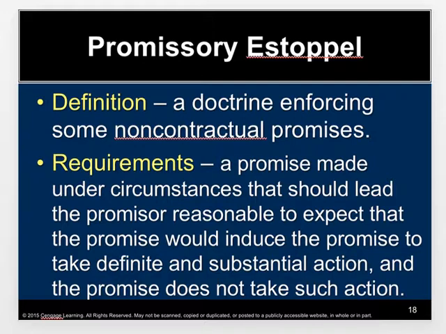So in reliance on my promise, and that promise being that I'm going to give you a job for X amount of money, you sell your house in New York and you move your family to Naples. Let's say when you get here, I say, oh, by the way, sorry, that job's no longer available. I hired somebody else. Well, you can actually sue me to enforce that promise. You would sue me under the theory of promissory estoppel.